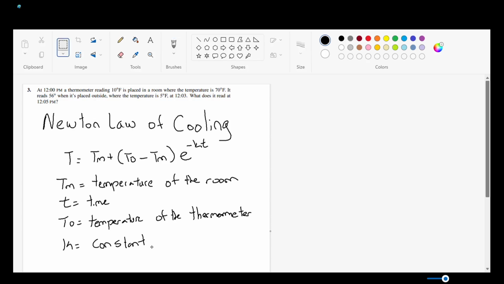So plugging the numbers into this formula is